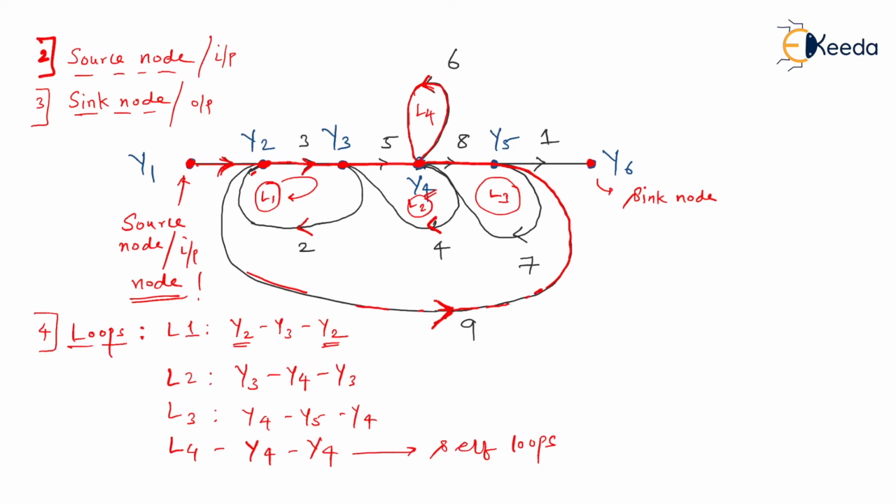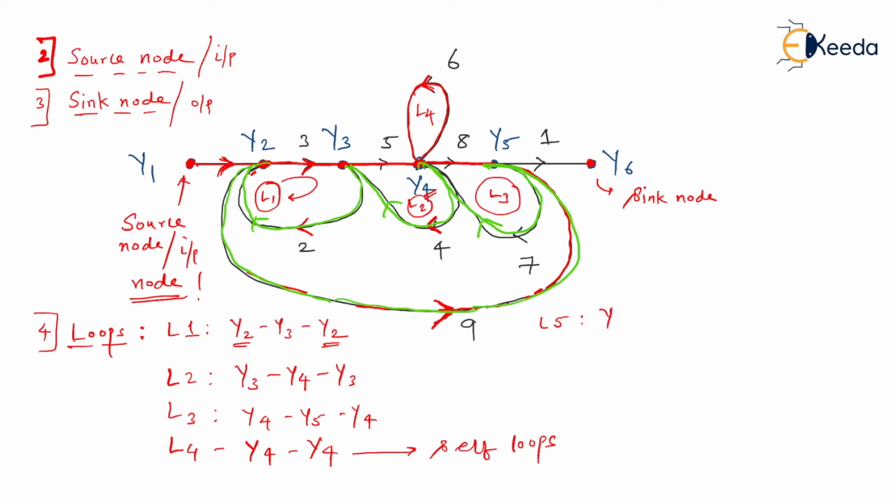But then a strong observer will say there is one more loop. Let us see how we get one more loop here. Pay attention very carefully. I'll start from this y2. From y2, I'm going to y5. From y5, I'm going to y4. From y4, I can come to y3. And from y3, I'm coming back to y2. I hope you understood this. So I can consider this as loop number 5 here. So let us see loop number 5.